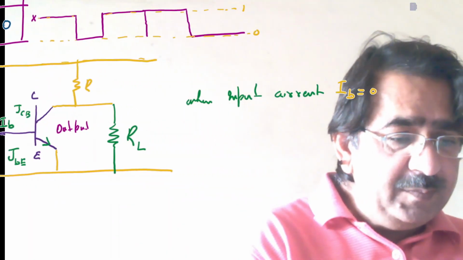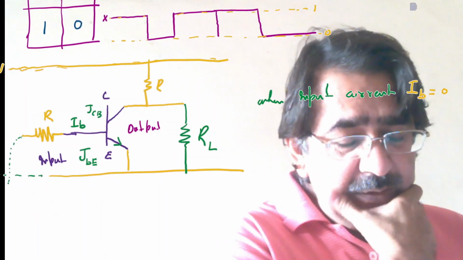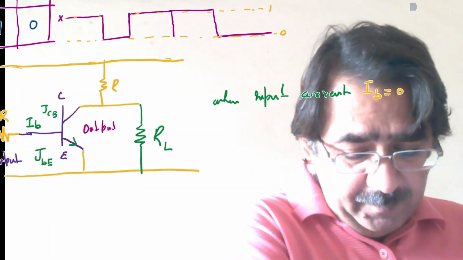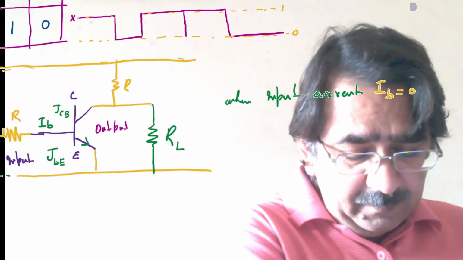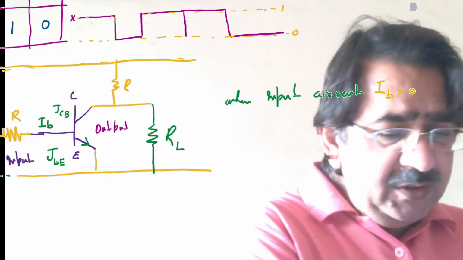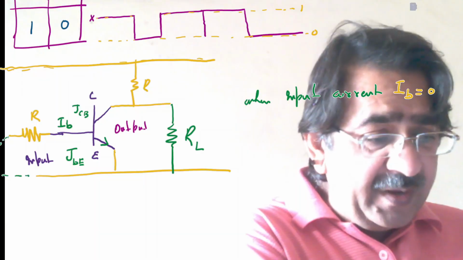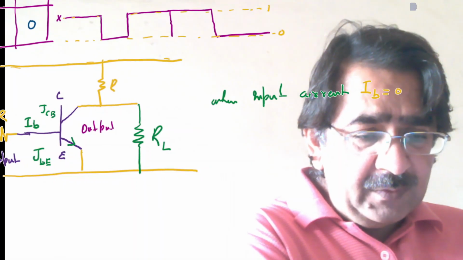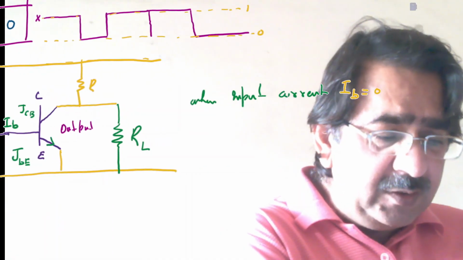So when IB is connected with 0, when IB is 0, so when input current IB is 0, as I have already explained in my previous lecture on the output characteristic of common base transistor and common emitter transistor, when input current will be 0 or less than 0,